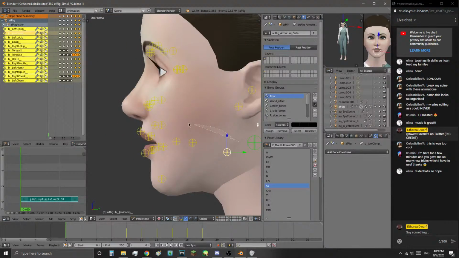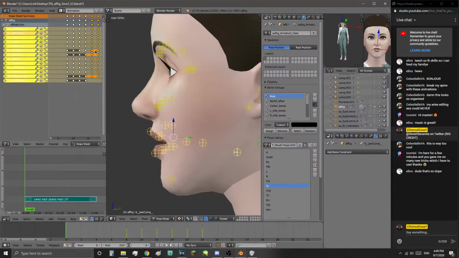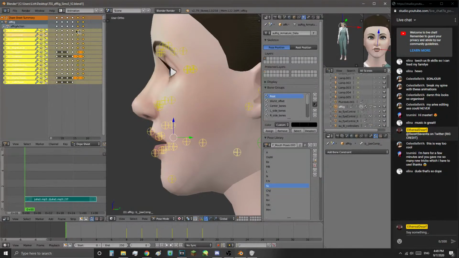So you're going to go ahead and re-select the bones. Now up in here, you have the dope sheet summary. If something is out of sync, let's say if I want to move,